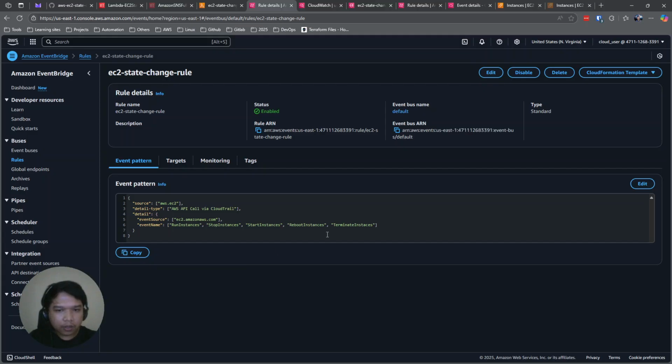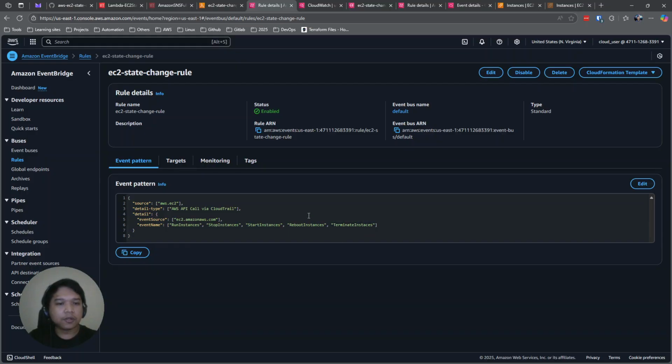Click here, terminate in, as we can see here, right? There's no n in instances, so it should be instances. So this is the culprit of the issue.